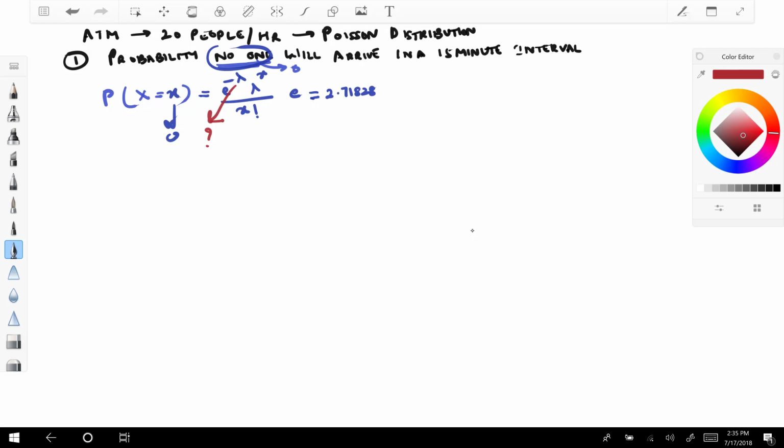So if our problem, instead of 15 minutes, had said 1 hour, then our lambda would have directly been 20 people per hour. That is for the 1 hour case. But since they are asking us about 15 minutes,